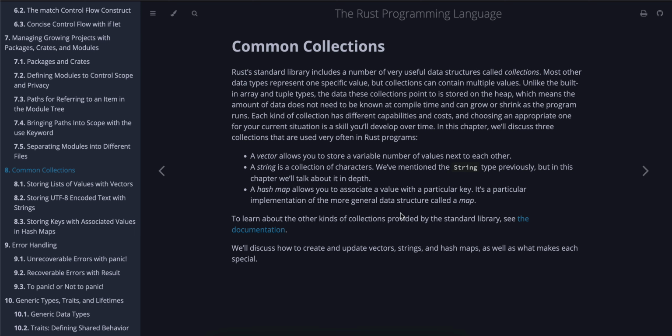So today we'll be talking about common collections. Rust's standard library includes a number of very useful data structures called collections. Most other data types represent one specific value, but collections can contain multiple values. Unlike the built-in array and tuple types, the data these collections point to is stored on the heap, which means the amount of data does not need to be known at compile time and can grow or shrink as